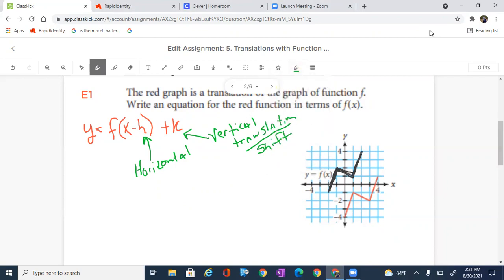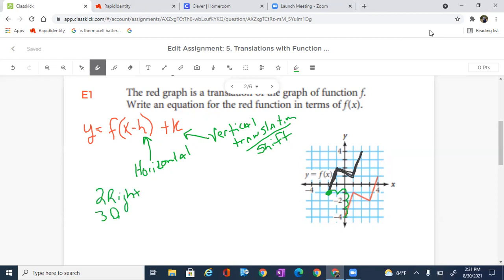So what we're going to do is pick a point. We're going to find out how it has been moved. Well, it looks like if I was to find this green point's corresponding point on the red graph, I would just say, well, 1, 2 to the right, and then 1, 2, 3 down. So it would be 2 right